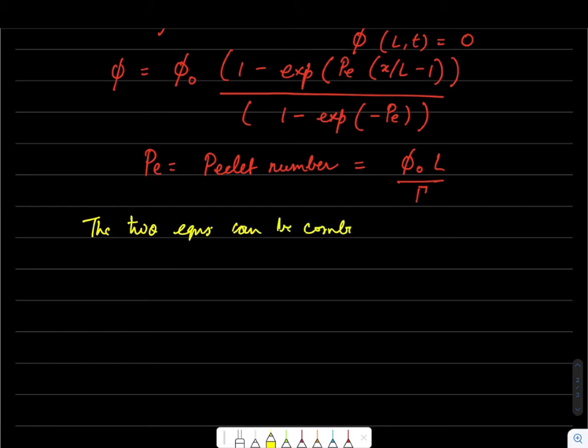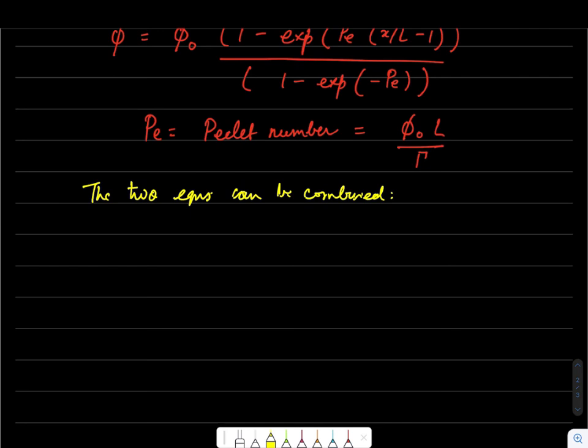In the following manner. The way we can do it is, if I write phi_t plus (C plus B u) phi_x to be equal to gamma phi_xx, where the subscripts basically indicate the derivative with respect to that given variable. So phi_t represents the time derivative of phi, phi_x represents the space derivative of phi, and phi_xx represents the second derivative of phi with respect to x.